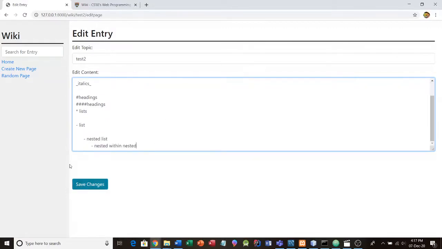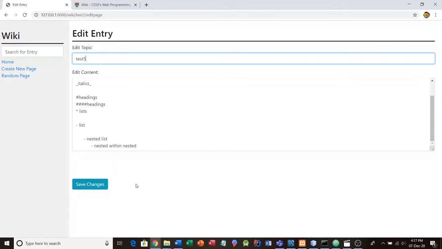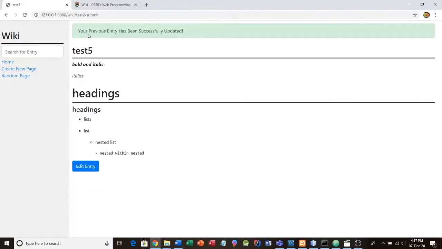And there also needs to be a button that you can save the changes for our edited entry. So when you save it, it redirects us to the updated entry page. As you can see, the changes have been implemented and it generates a